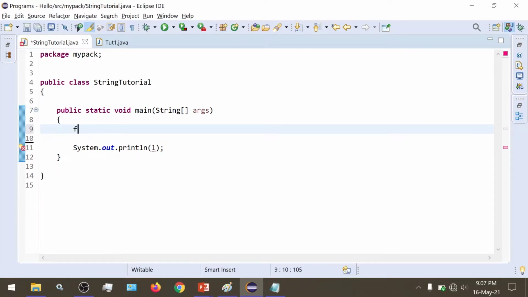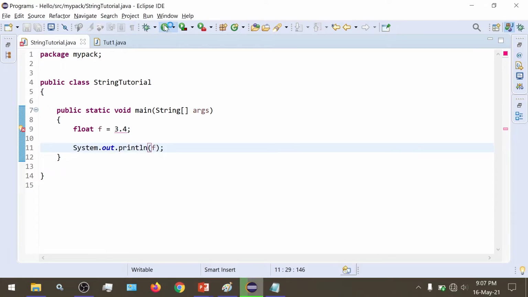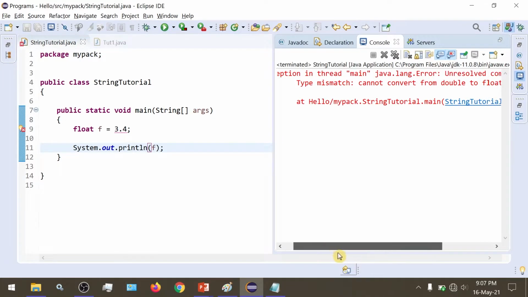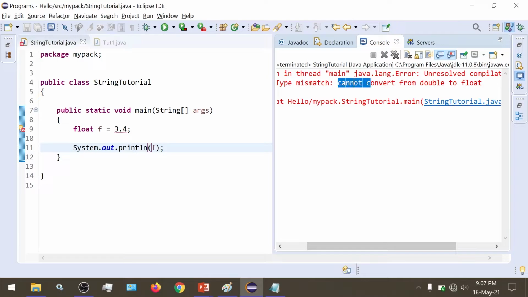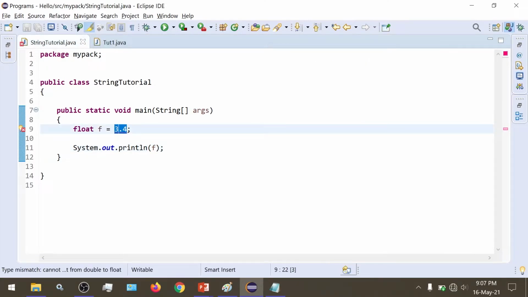Let's say we have a variable of type float, and when we try to run this, we get an error, cannot convert from double to float. It is considering this 3.4 as double.